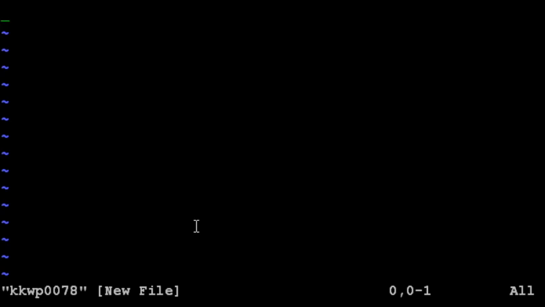I am listing all the keys: small i, capital I, small a, capital A, small o, capital O. Small i inserts the text before the current cursor location. So if I press small i, you can observe at the bottom the text INSERT. That means you are in insert mode and you can write anything in the file.